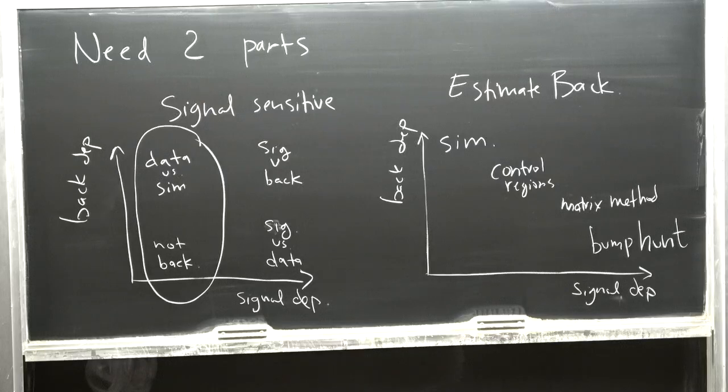Basically, the idea of matrix methods is that you have two directions, both signal sensitive, and they're independent from each other in the data. You can play those off each other to estimate the background totally in data, but you have to assume something about the decorrelation of these two dimensions. Machine learning could actually play a role in all of this, but like I said, I'm not going to talk much about it. I'm going to focus in this lecture almost entirely on the signal sensitivity.